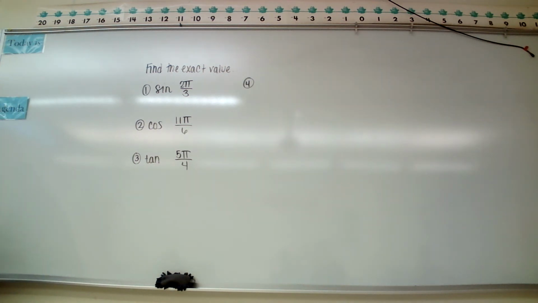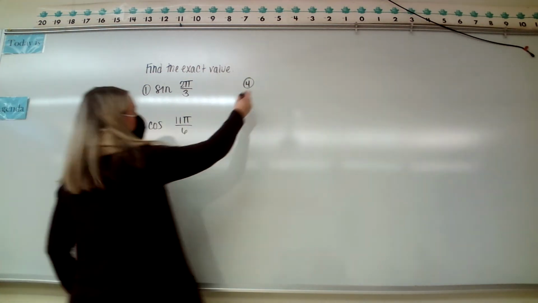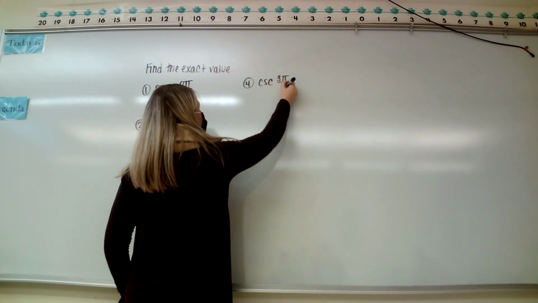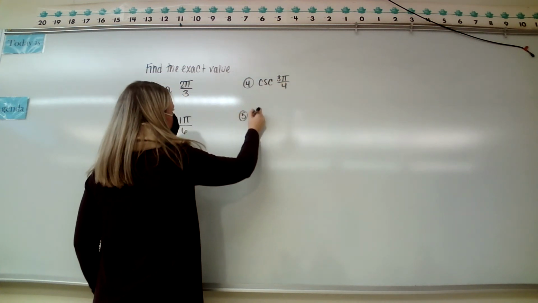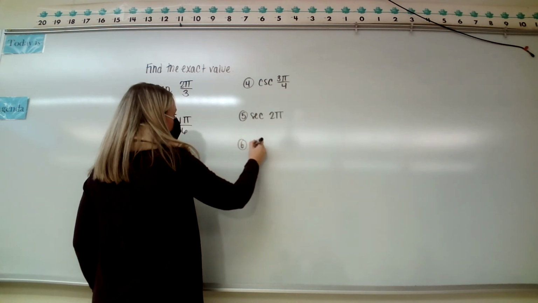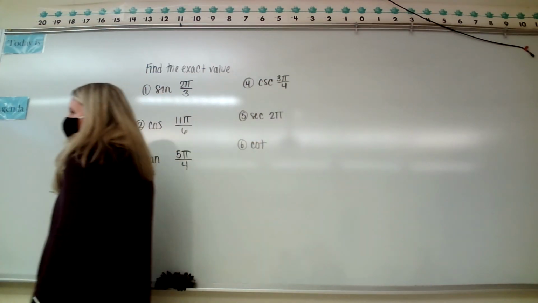So we should be enjoying this chart here. I'm just trying to find some different values. We'll do 3 pi over 4. Have I done that yet? Okay, cosecant of 3 pi over 4. We're going to do the secant of 2 pi. And the cotangent of